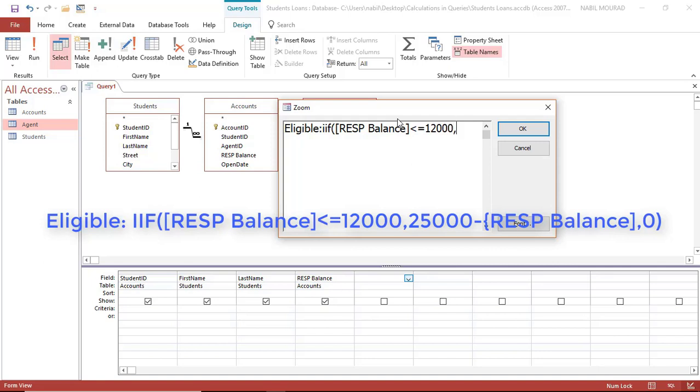$12,000, and then comma. What do you want to do if this logical test comes out true? In this case, you are eligible to an RESP balance equal to $25,000 minus the amount of the RESP balance. So I type it in square bracket because it's a field name. What if the logical test that you created first, the RESP balance is less than $12,000, comes out false? In this case, you get nothing, you get a 0, and then I close the bracket for my immediate if